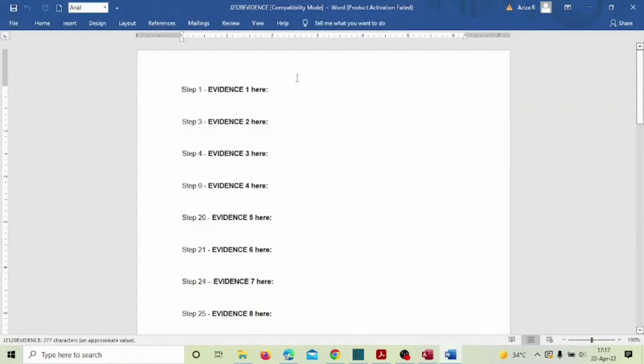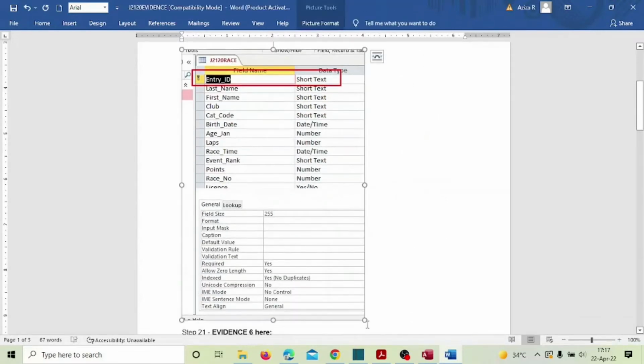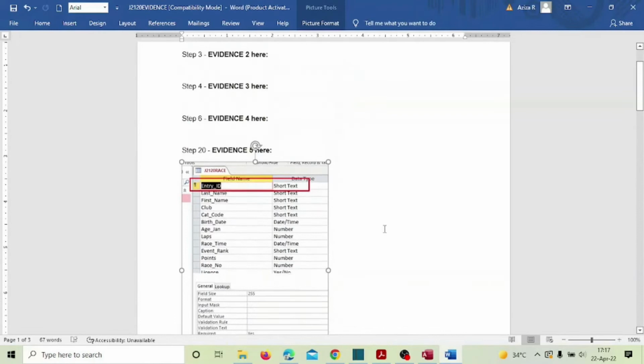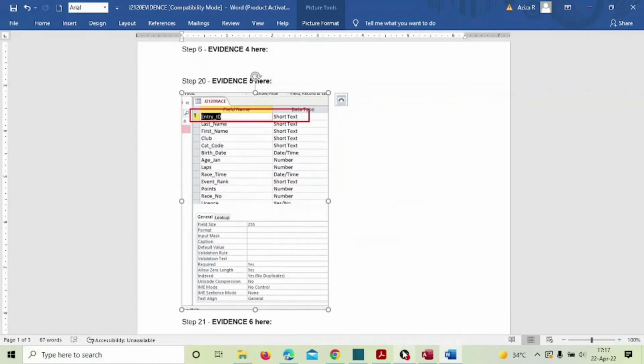Yeah, I did not prepare my evidence file. It's fine. Okay, here is the place. It is the evidence file. Just paste it there. You can prepare your evidence file. Okay, fine. Next,